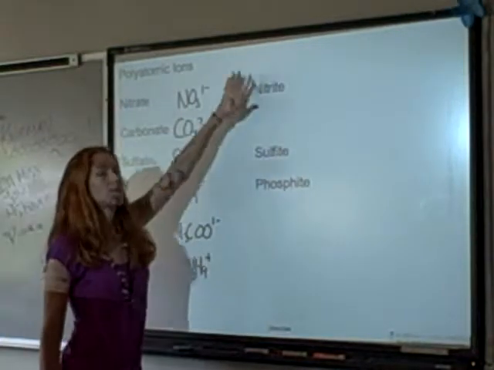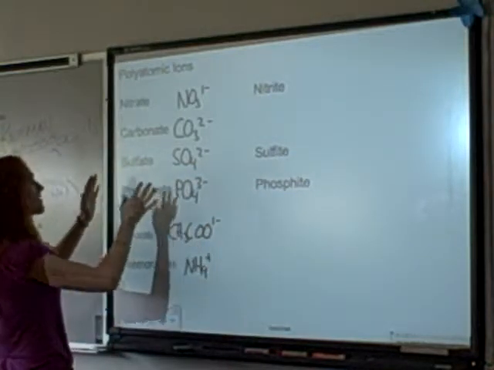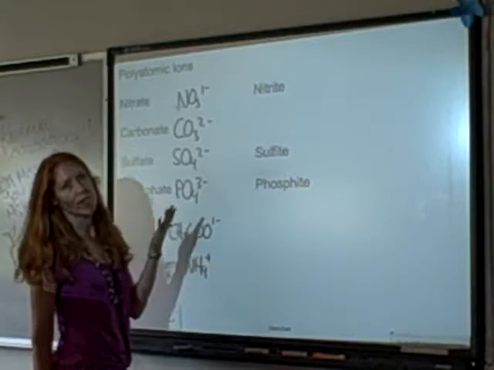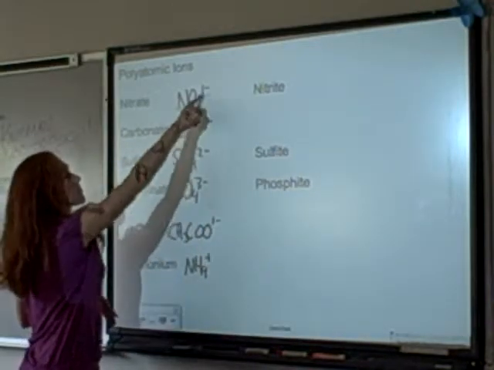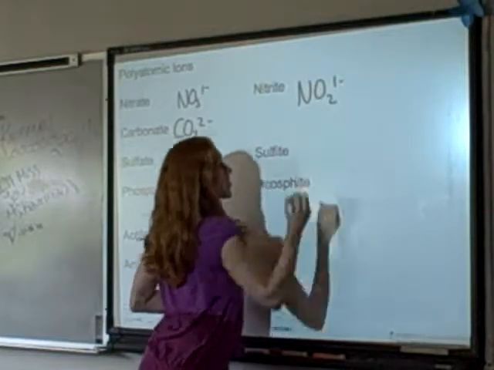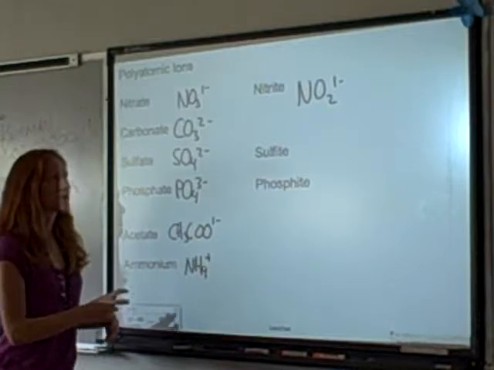Don't even try to memorize the ones that end in -ite because you don't need to. Just focus on the -ates and know that the -ite is exactly the same thing as the -ate with one less oxygen. So this is NO3 with a 1-. This will be NO2 with a 1-. The charge is the same. There's just one oxygen less. So they're going to just share